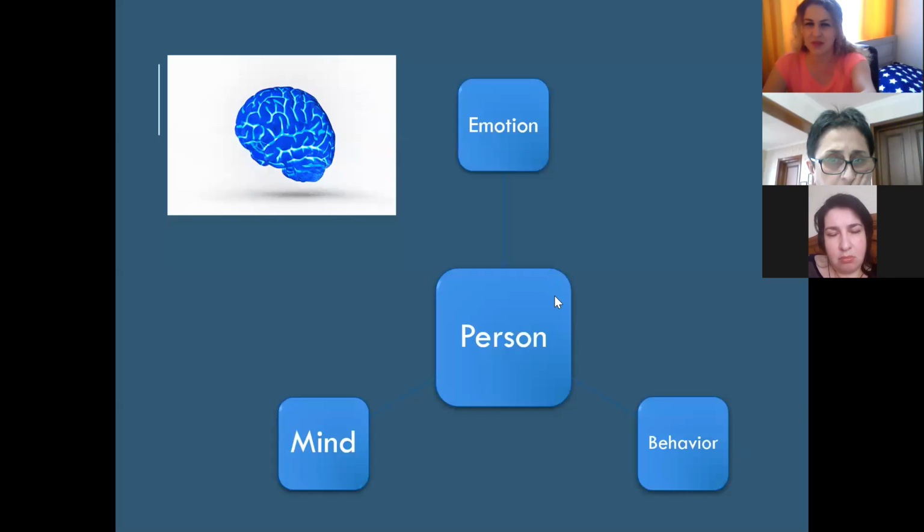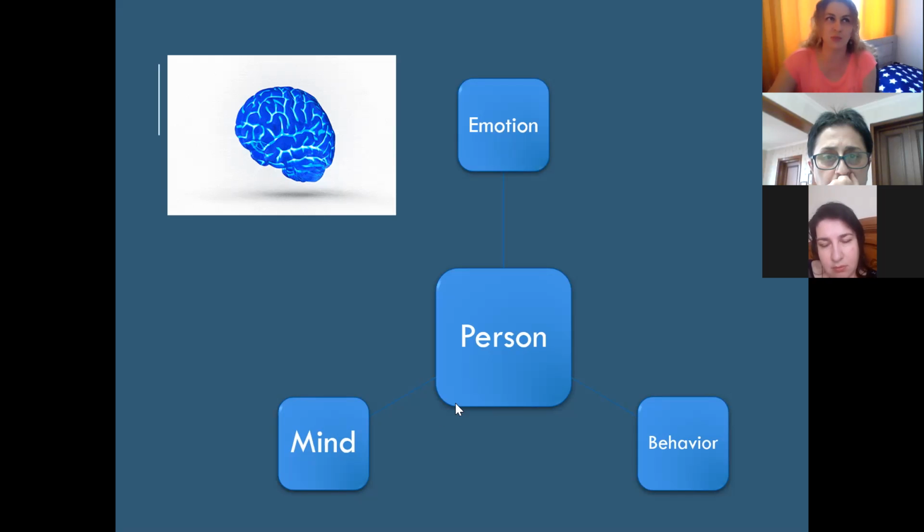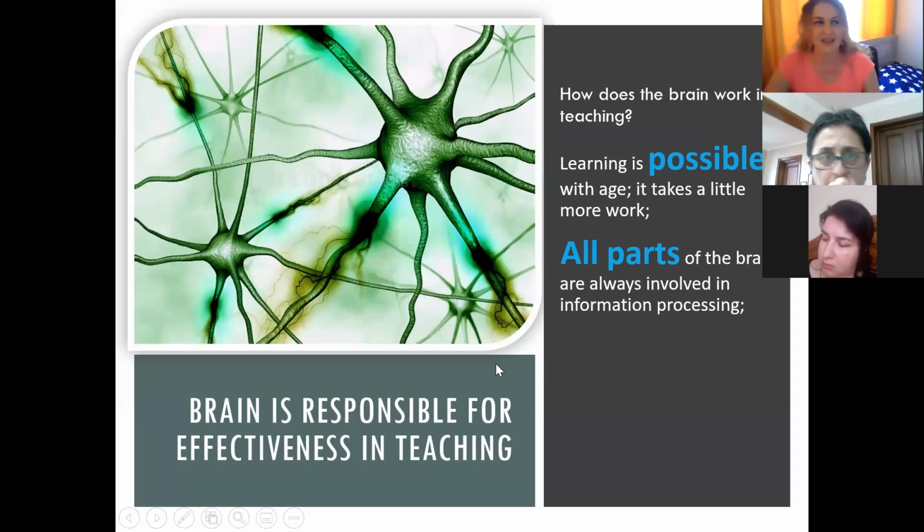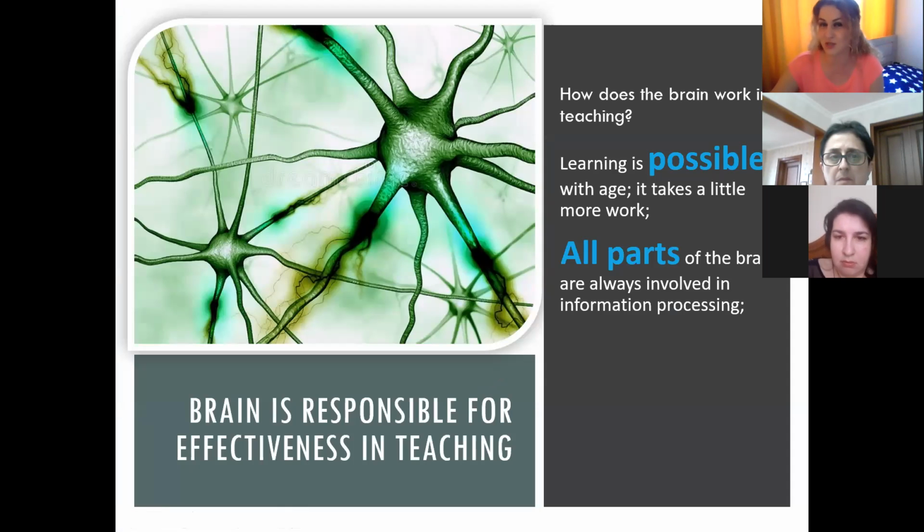As for the next slide, we behave on the basis of the relationship between our mind and emotion. The mind is materialized in the brain, so they are the main and most important part and organ of our body. I started introducing the brain functions to my students to help them understand where the development of skills comes from.